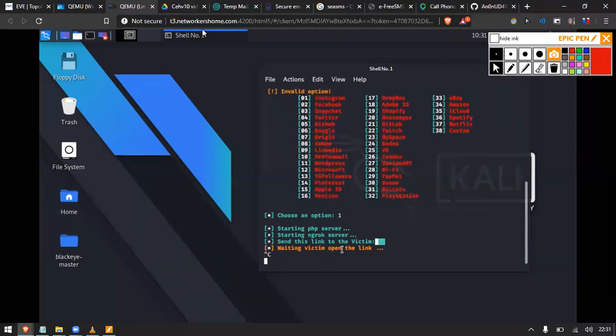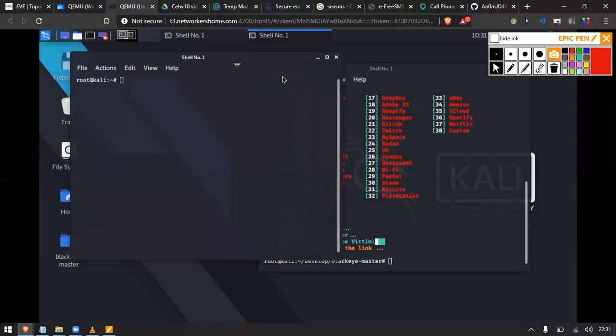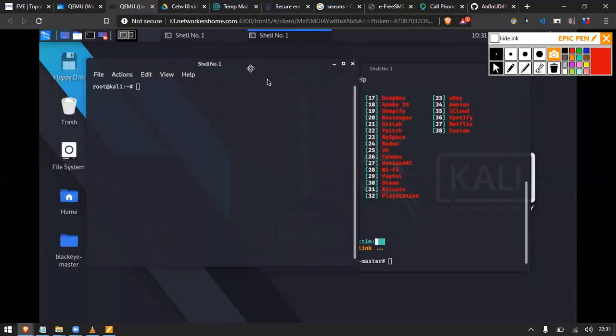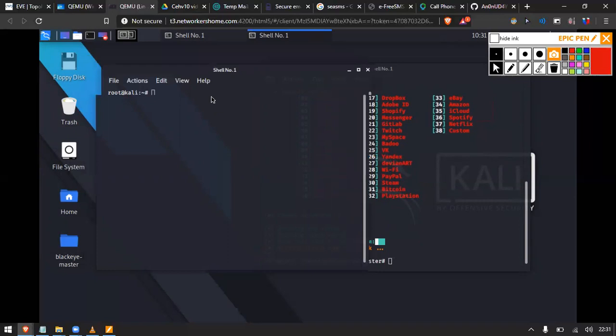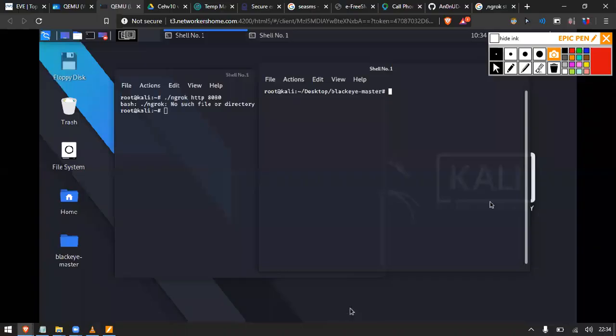What you have to do is take out another terminal. You can use Control Alt Tab, which will open your terminal. I am not able to use that because it's my virtual machine and it's an HTML5 console. That's why. So the command for running and knowing the ngrok status is, so here we are.